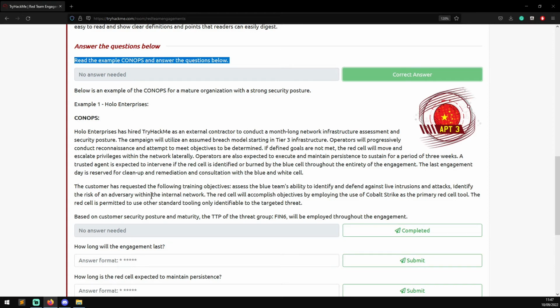The customer has requested the following training objectives: assess the blue team's ability to identify and defend against live intrusions and attacks, identify the risk of an adversary within the internal network. The red cell will accomplish objectives by employing the use of Cobalt Strike as the primary red cell tool. The red cell is permitted to use other standard tooling only identifiable to the target threat. Based on the company's security posture and maturity, the TTPs of the threat group FIN6 will be employed